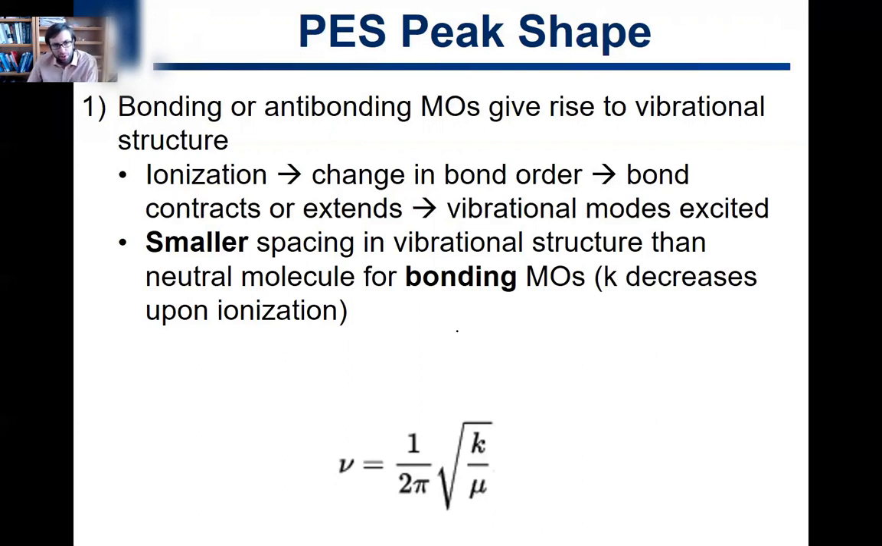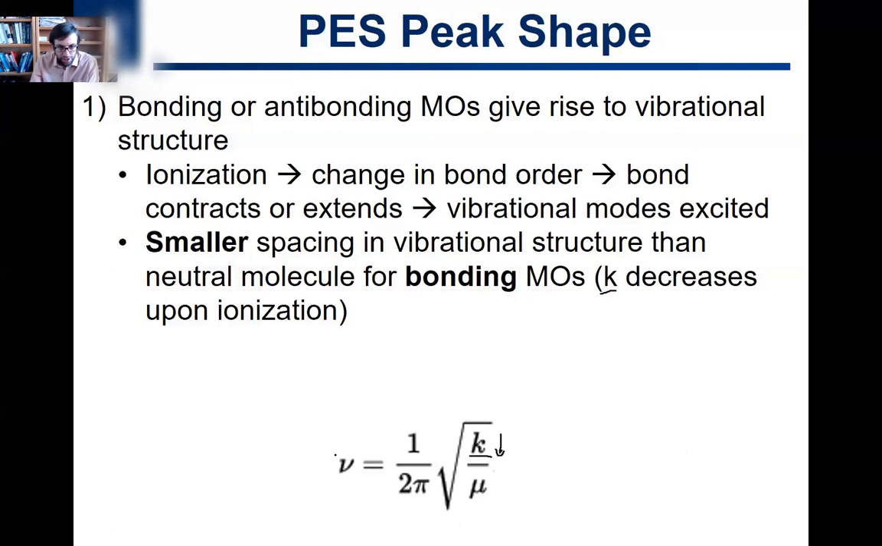And so you can push this logic a little bit further and think about, well, what would the nature of the vibrational fine structure be? And for a bonding MO, well, you've decreased the bond order when you eject an electron from a bonding MO. So that's a weaker bond. So that means your force constant K is decreased. So if K goes down,